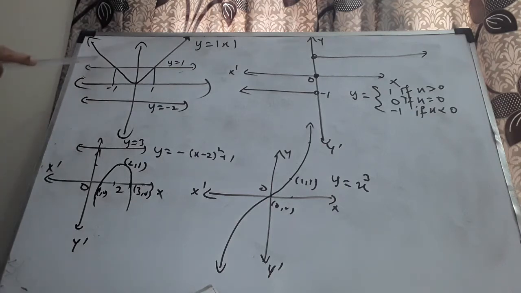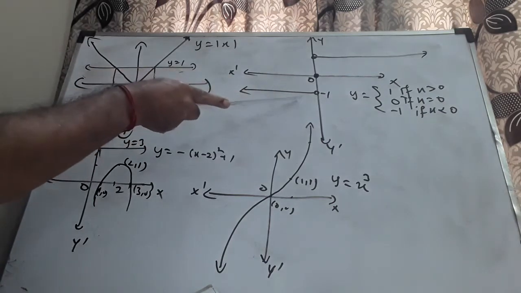Let me repeat. If I draw the line y is equal to 1, it intersects the curve at 2 points, so the image for minus 1 is 1 as well as the image for 1 is 1. Both have the same image. It is many to 1, not 1 to 1. Again, if I draw y equal to minus 2, it doesn't intersect the curve at all. Therefore, the element minus 2 will not have a pre-image. Therefore, it is not 1 to 1 as well as not onto. It is not a bijection.